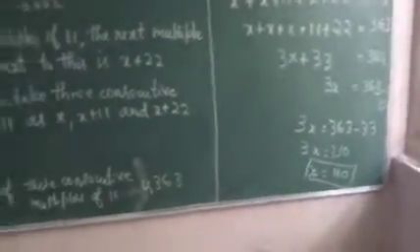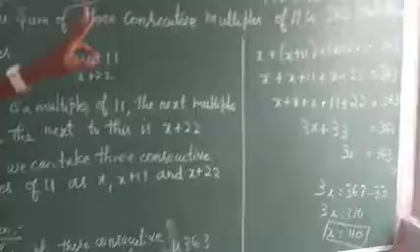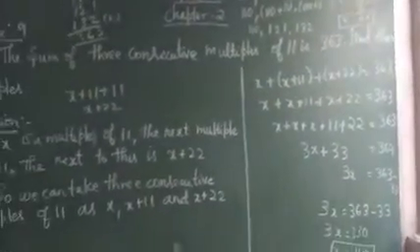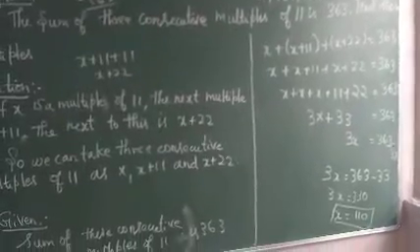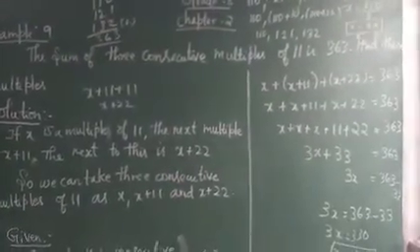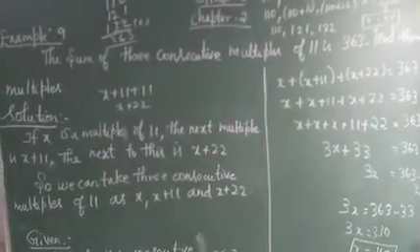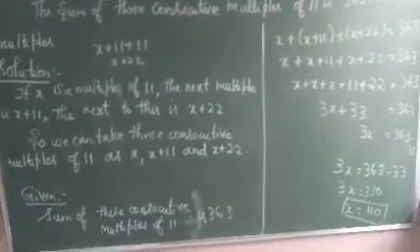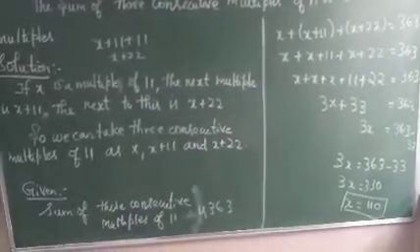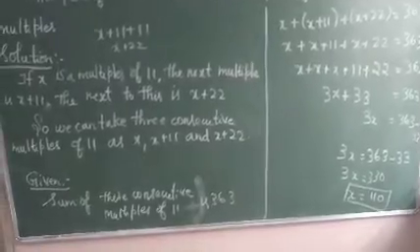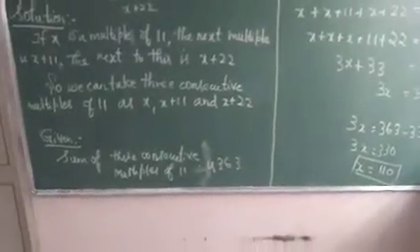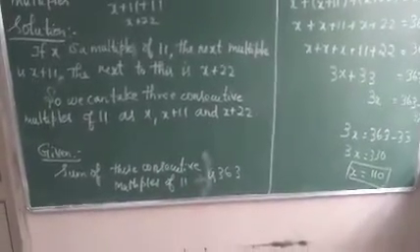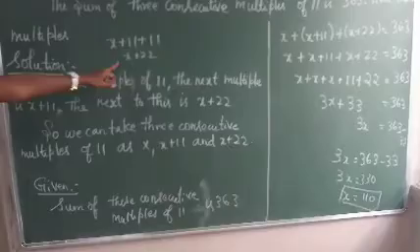Have you understood? So the 3 number add பண்ணும்போது 363 நமக்கு கிடைக்கும். இந்த 3 number multiples of 11. So the sum of 3 consecutive multiples of 11 is 363. So consecutive அப்படினா தொடர்ச்சியா வருது. So the first multiple நமக்கு என்னன்னு தெரியாது. So now I am considering it as x. Second multiple வந்துட்டு 11 ஓட multiple அப்படிங்கறதால x plus 11 ஆ இருக்கும். Third consecutive number வந்துட்டு x plus 22 ஆ இருக்கும். That means x plus 11 கூட திரும்பி ஒரு 11 add பண்ணும்போது you will get x plus 22.